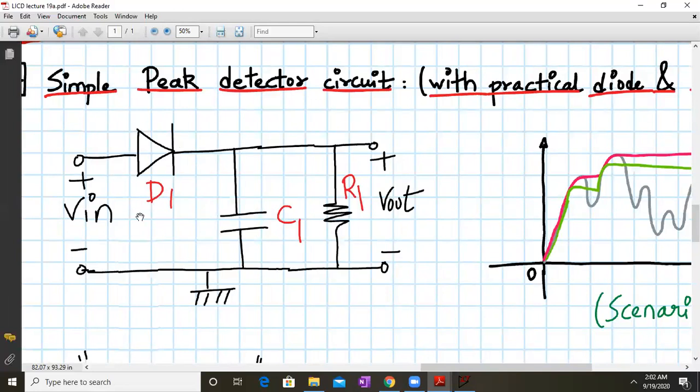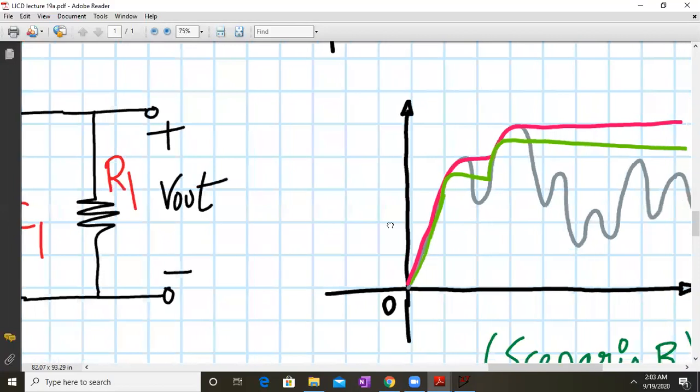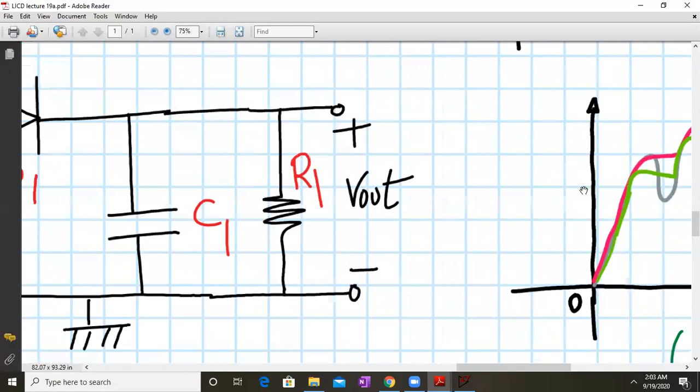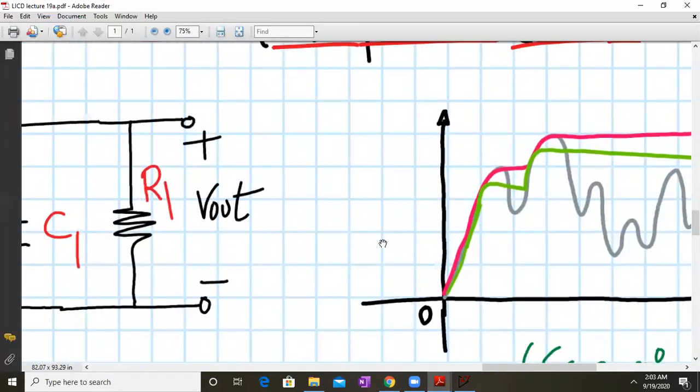That means it will immediately turn off diode D1. So now the capacitor has to discharge. Can you see this discharge part? Capacitor C1 will discharge via R1. Now you see this little bit of bend over here. This is because of the discharging time constant, given by tau d equal to R1 into C1. Unless your discharging time constant is very high, this will almost be a straight line. But if it is not carefully chosen, then you can have this small drooping of the output.